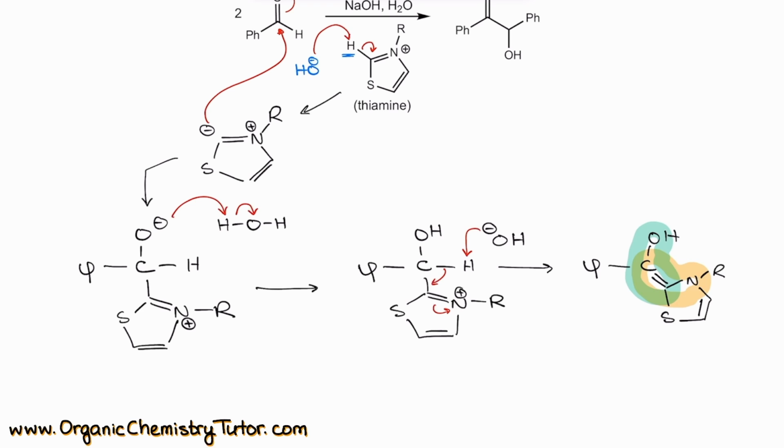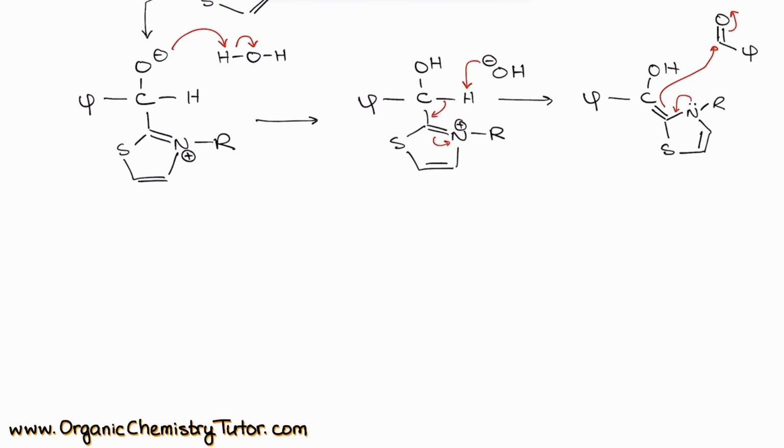So in other words, that position is going to be rather nucleophilic. And mainly the nucleophile here is actually going to be our carbon with the OH group, because the enamine is essentially more nucleophilic than an enol. So what we can do here is these electrons go here, these electrons go on the carbon, and we can show a resonance structure with a minus on the carbon. But if we are working in the presence of a carbonyl, like our benzaldehyde, instead what we can do is just essentially a direct attack on our carbonyl, like so,